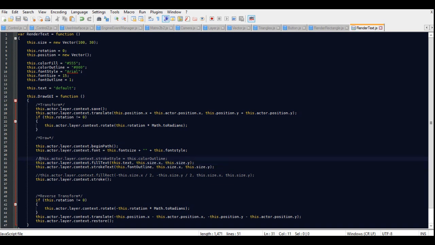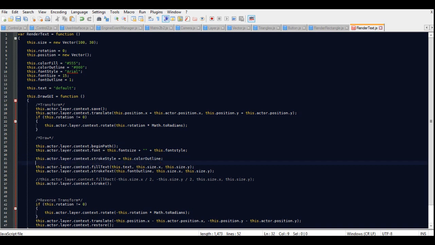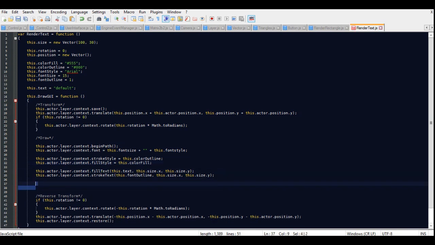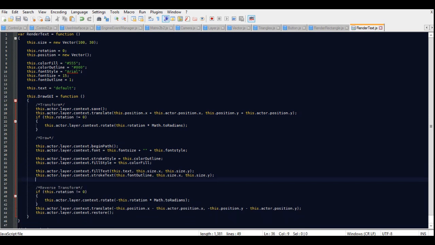And now I've got a feeling that we did actually need to have the stroke and fill. I don't know how you set the fill style. I'm assuming it would be fillStyle equals this.fill, color fill, and I'm just going to hope that's what we actually need. And